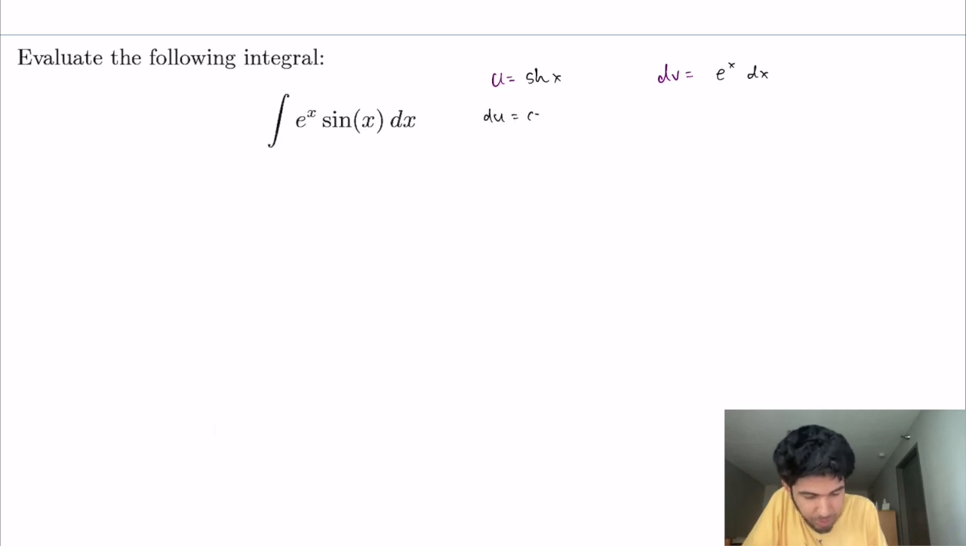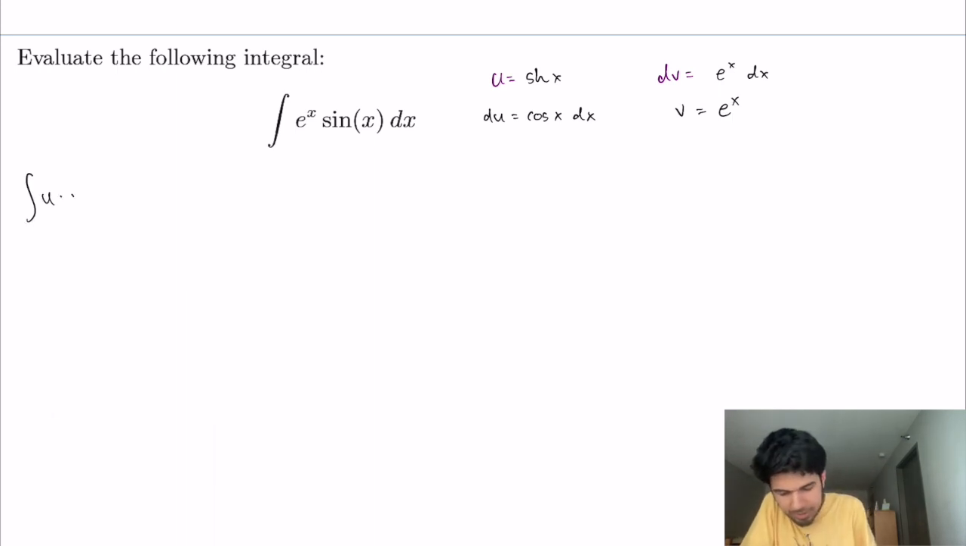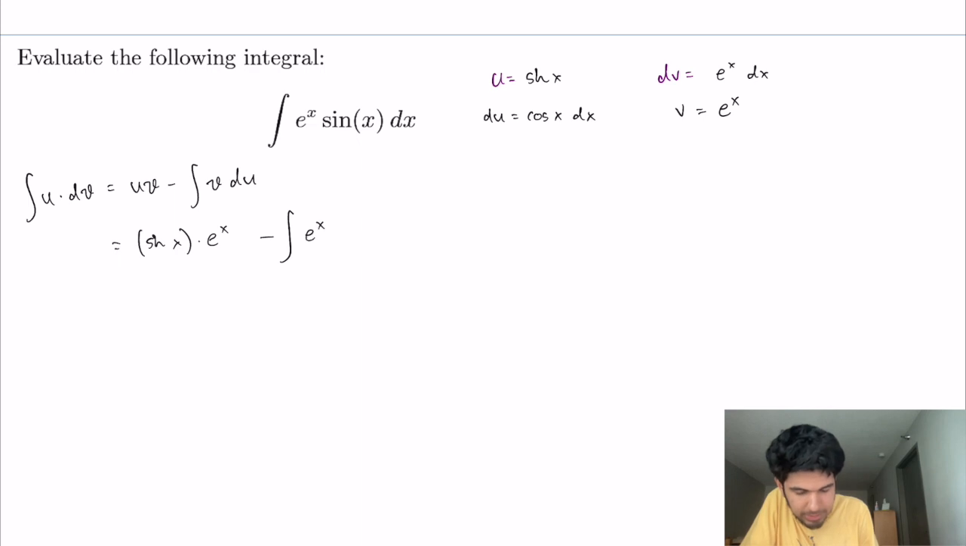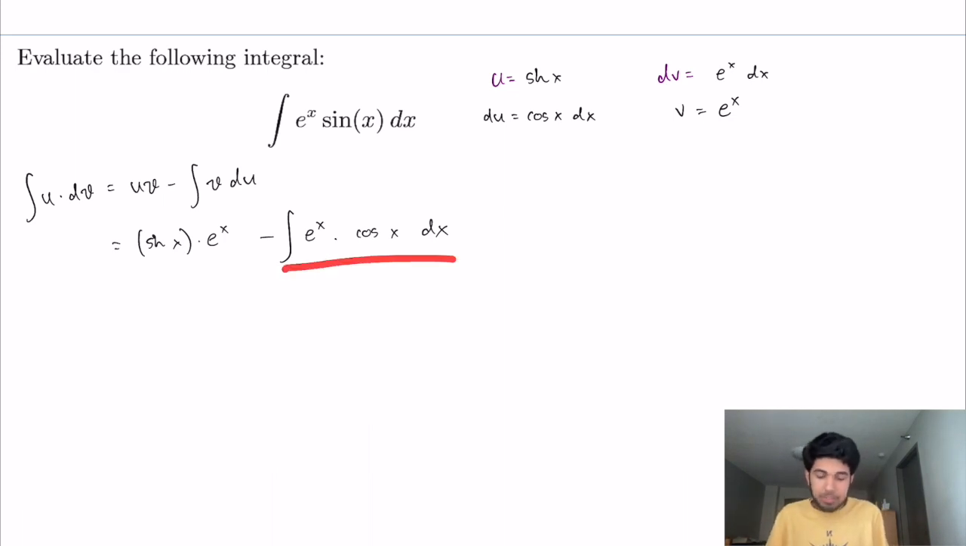Du will equal cosine of x dx, and v will equal e to the x. Return to our formula, uv minus integral v du, and substitute. U is equal to sine of x, v is equal to e to the x. We subtract the integral of e to the x times cosine of x dx. Okay, now we have to solve this integral, which looks eerily similar to this top integral, but it's what we